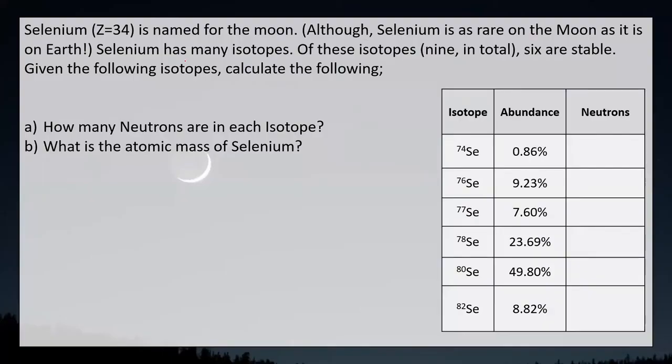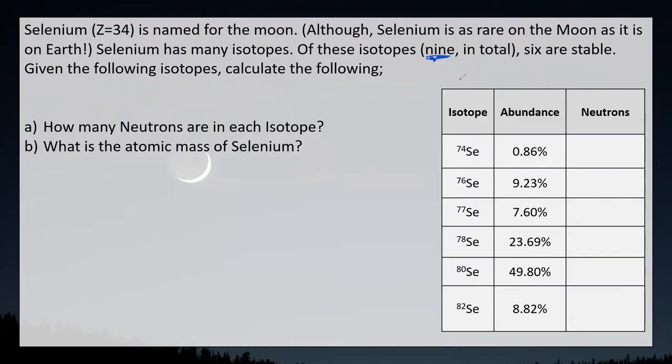Okay, so the next question is about isotopes. Selenium has a Z number of 34, is named after the moon, but it is not any more abundant on the moon than it is on Earth. It's actually really rare, you know, pretty much everywhere we would go. And there are a lot of nice isotopes of these. I say there are 9. There's way more than that, but a lot of those are synthetic and made for lab purposes. So there are 9